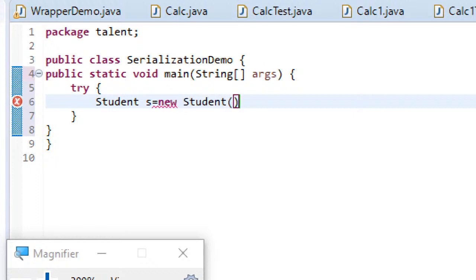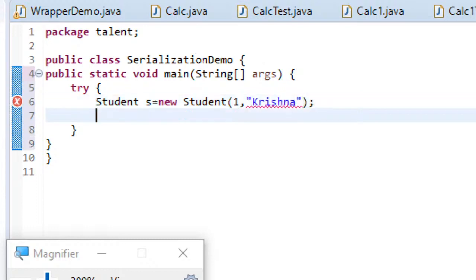So I have to pass id and name to this. Let me give 1, and for name I'm giving my name, Krishna. So now I've created an object with id 1 and name Krishna.